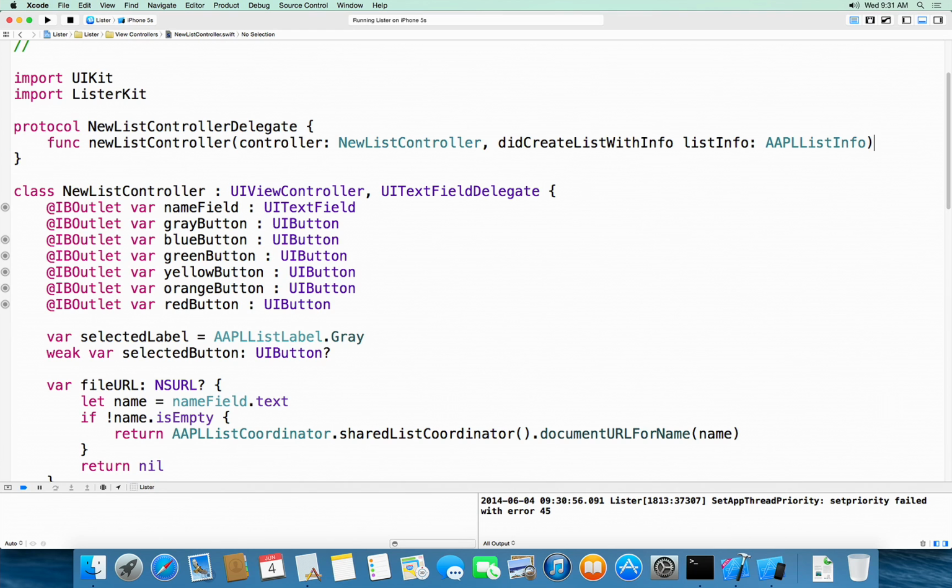And I already have a method that I want my delegate to conform to that I've pre-prepared that just takes a new list controller and a list info, letting it know what's been created and done over here. Now at this point, this protocol is visible to my Swift code, but I want to make sure that my Objective-C code can see it as well. To do that, it's as simple as adding an attribute, @objc, and this is going to go ahead and say, even though this is all Swift here, we do want to make this available to Objective-C a little bit